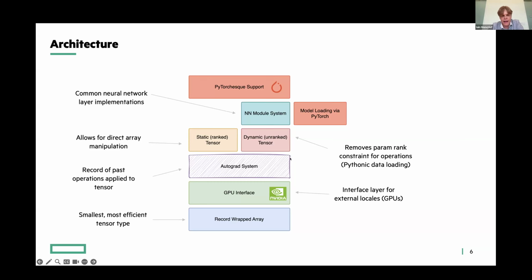And then the next level is this autograd system. It keeps track of what operations you do and how you compose them. So you have the capability to do automatic differentiation on your tensors. The reason this is grayed out is because it's quite tricky to represent this for each operation. Each operation is a function, and it also has a corresponding derivative with respect to each input. So writing those is very tricky, and making sure that those operations are performant is hard.